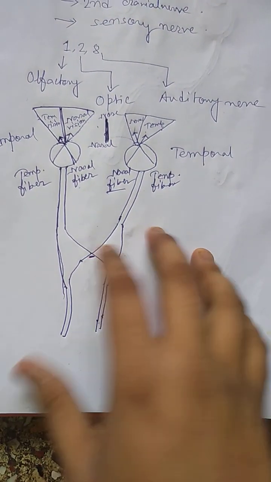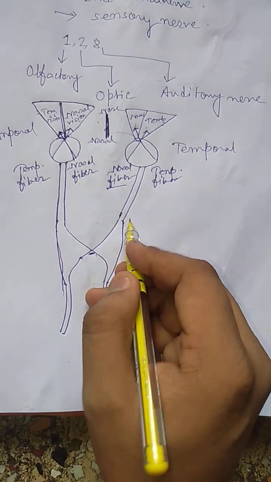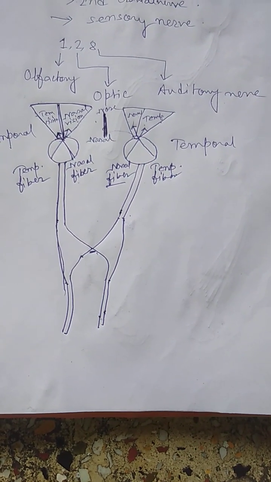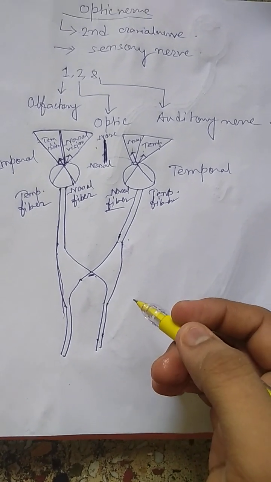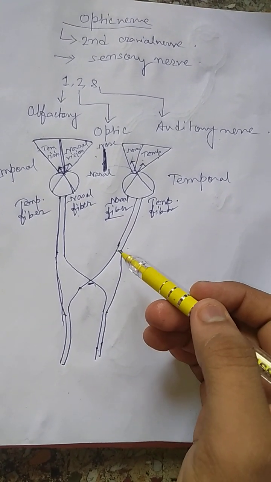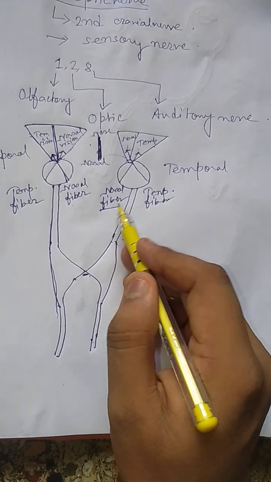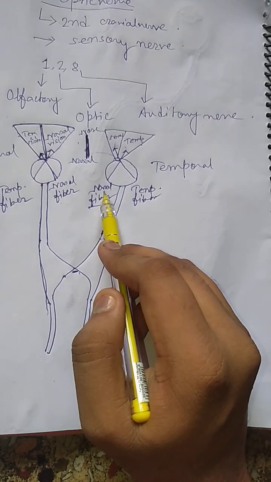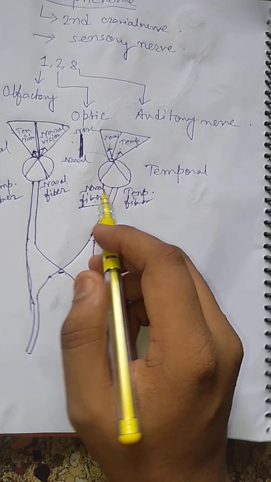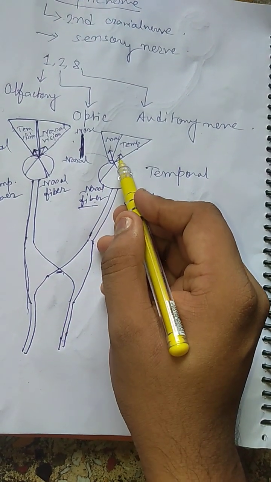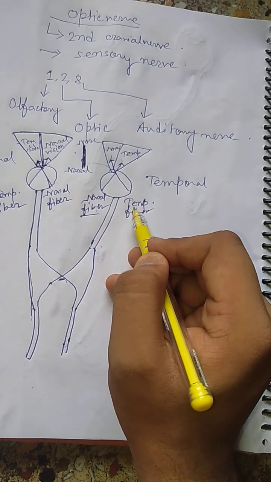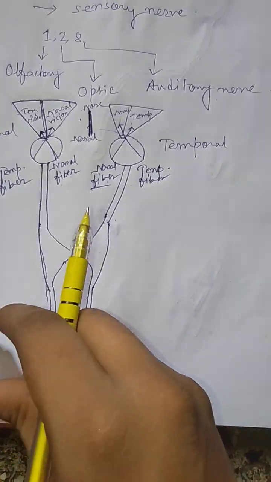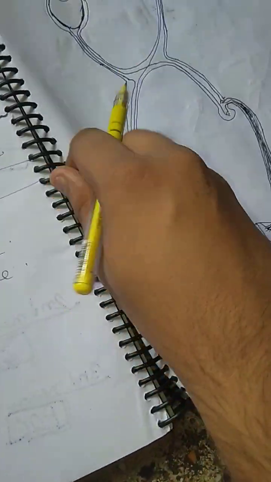This is also anatomy, because this is how the fibers come. Somebody may think it is all physiology, but no, this is also the anatomical part because of where these fibers are present. This is the nose, this is the nasal fiber. Here a little bit of physiology comes in. The nasal fiber is responsible for seeing the temporal field, and the temporal fiber is responsible for seeing the nasal field of vision. Okay, now come to this diagram.